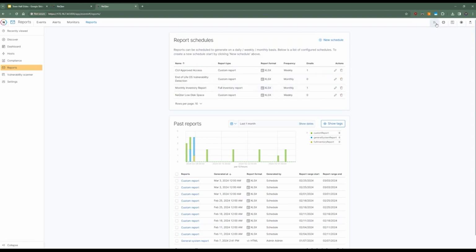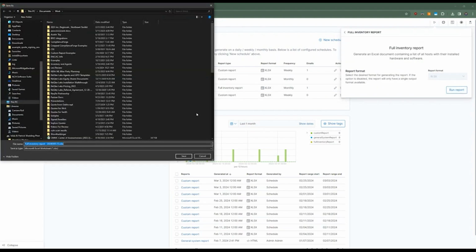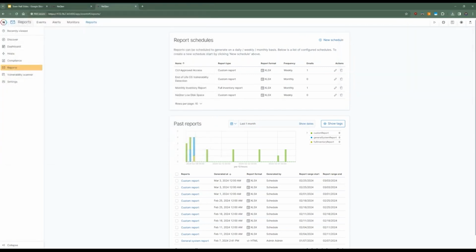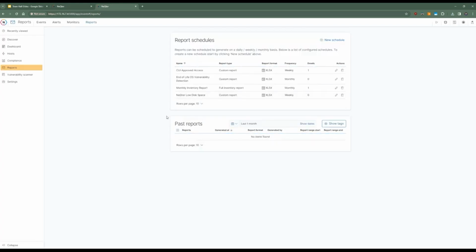Or I can have it run right now, full inventory report, and have it run, and I can save it off. But also, because I ran it, and see, that's why we added the refresh to the new report area. I had to refresh it here.